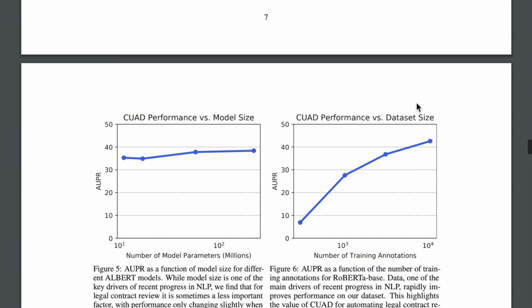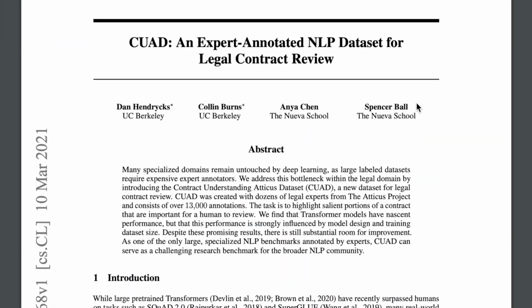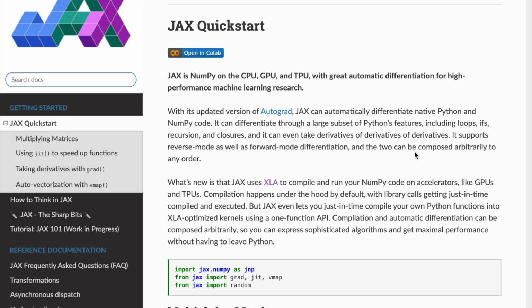So this is a really interesting data set for legal natural language processing and bringing natural language processing to some really interesting problems. One of the hottest topics in deep learning right now is the emergence of a new programming